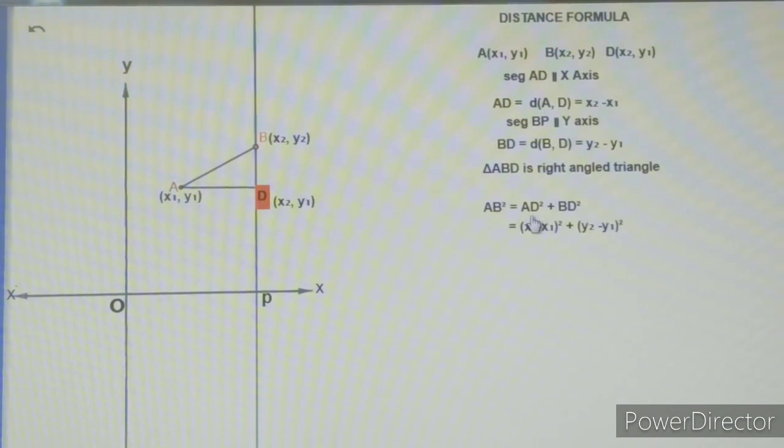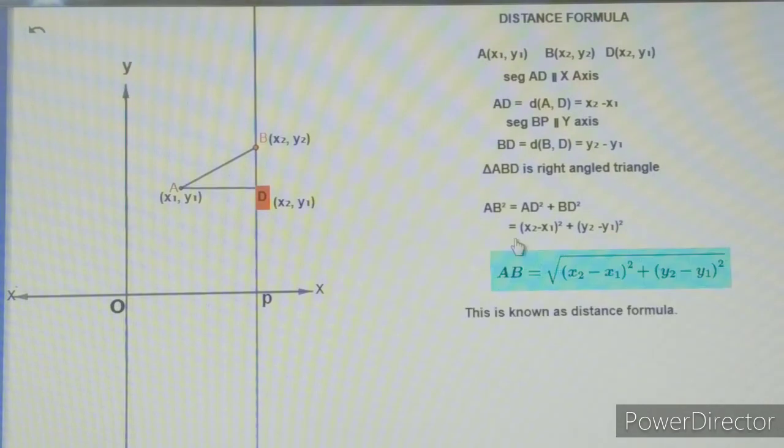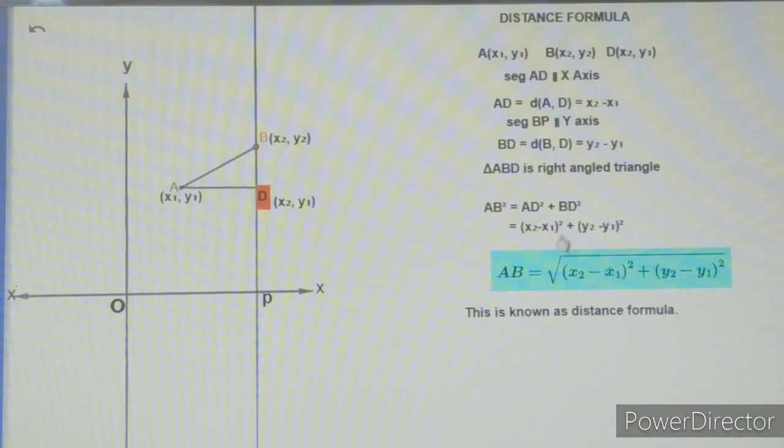And we know that AD is what? AD is x2 minus x1 and therefore AD square is x2 minus x1 whole square, and BD is what? BD is y2 minus y1 and therefore BD square means y2 minus y1 whole square. Now we get AB square is equal to x2 minus x1 whole square plus y2 minus y1 whole square, but